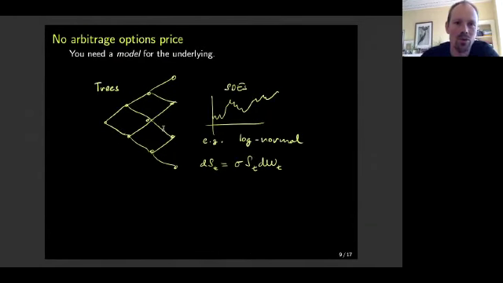And we move to option pricing. So to price an option, you have to come up with a model for how your underlying moves. So maybe it's a binary tree. You say one day it goes up, then it can go down and down again. Or you do something in continuous time. So you write a stochastic differential equation, which is effectively just a differential equation with noise thrown in.